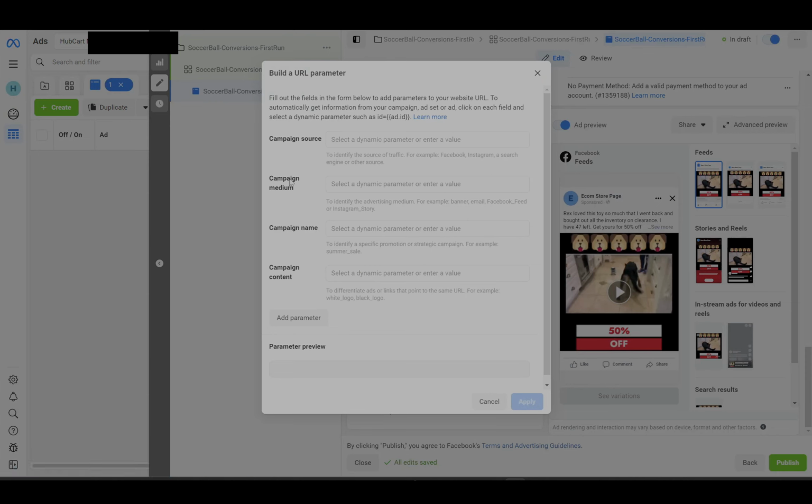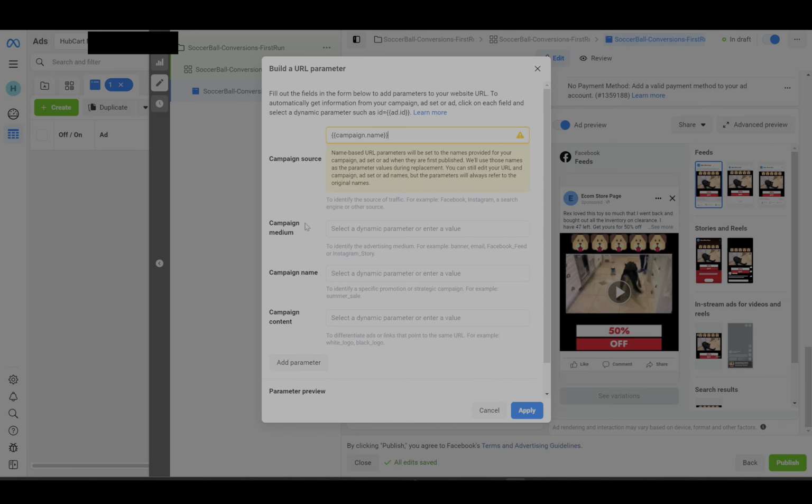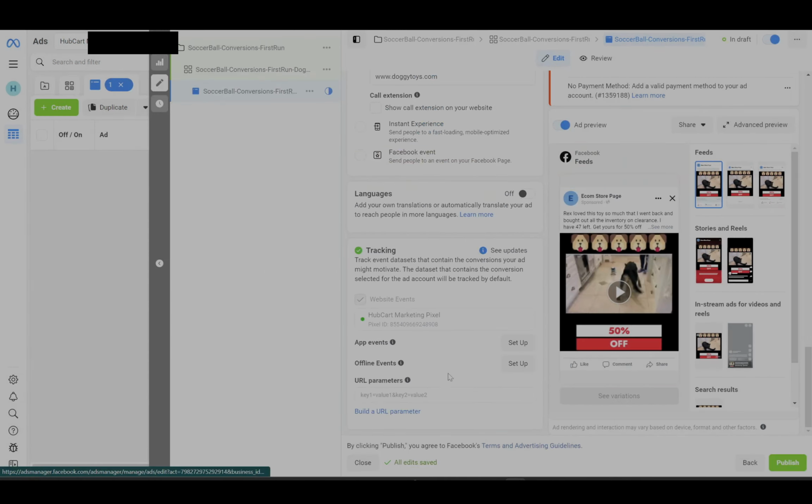You have your campaign source, medium, and campaign name, and your campaign content. For campaign source, I'm usually going to choose my campaign name, and for campaign medium, I'm going to choose my ad set, and so on and so forth. I'll just select different elements from my ad so that it passes those on as URL parameters to my website, which then I use